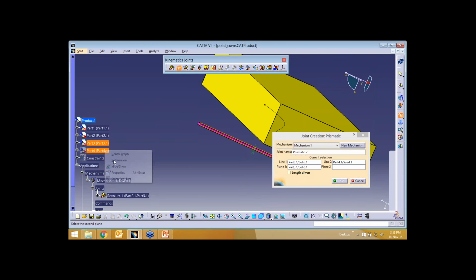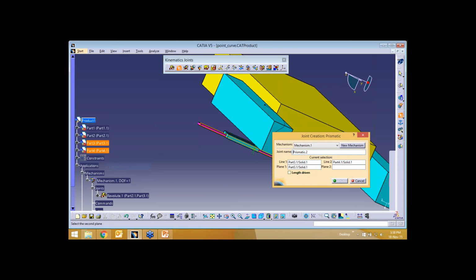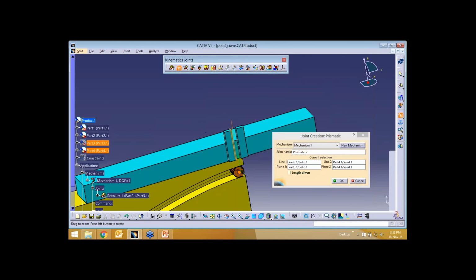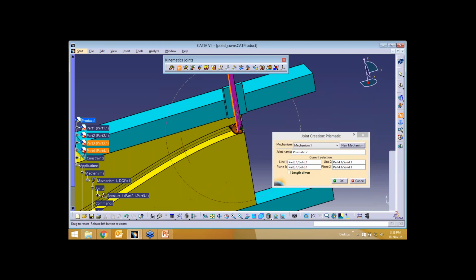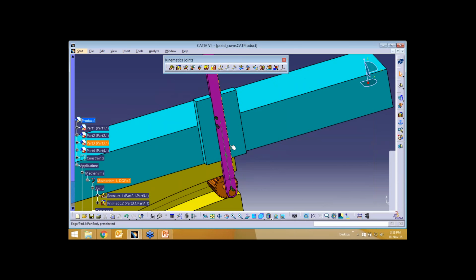So what I've done is first I've created a revolute joint between this yellow color and this pink color, and I've just created a prismatic joint between this face and this face.